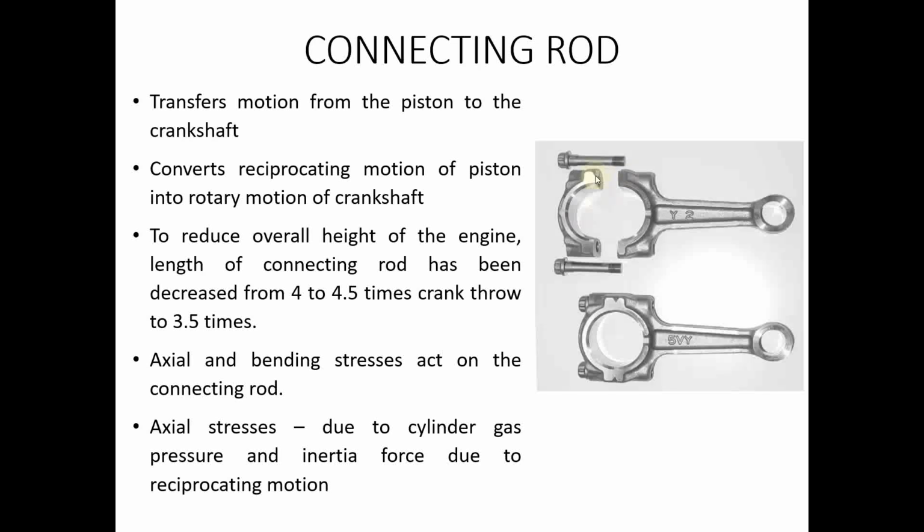Now, usually there are many different types of connecting rods. This is one of the most commonly used types of connecting rod, where we have the small end and the big end. The small end of the connecting rod is integrated with the shank portion. So we call this portion the shank portion. And the bigger end is divided usually into two halves. One section is integrated with the shank and the other section can be separated. We will see what the different parts are in the coming slides.